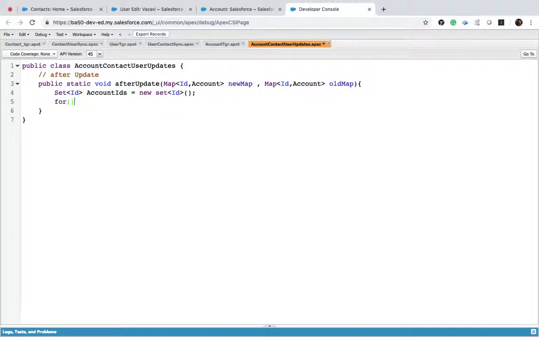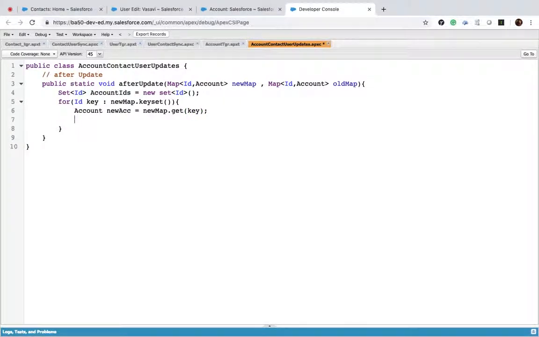So for Id key : newMap.keySet(), then Account newAcc equal to newMap.get(key), Account oldAcc equal to oldMap.get(key),